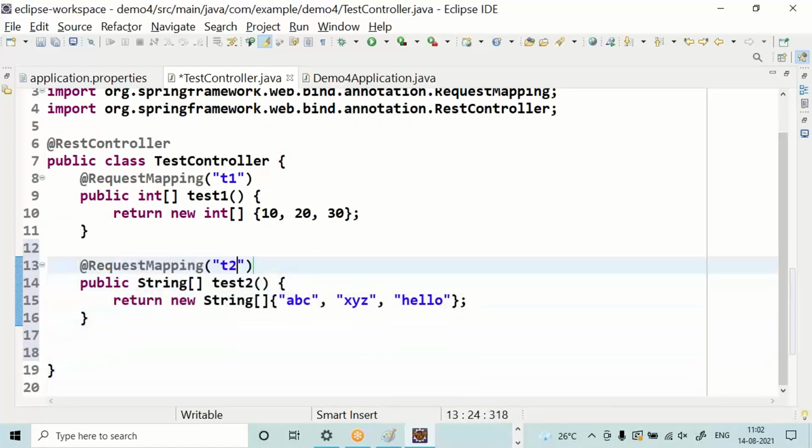Let me keep URL as T2. String array with ABC, XYZ, hello. String array we are returning.